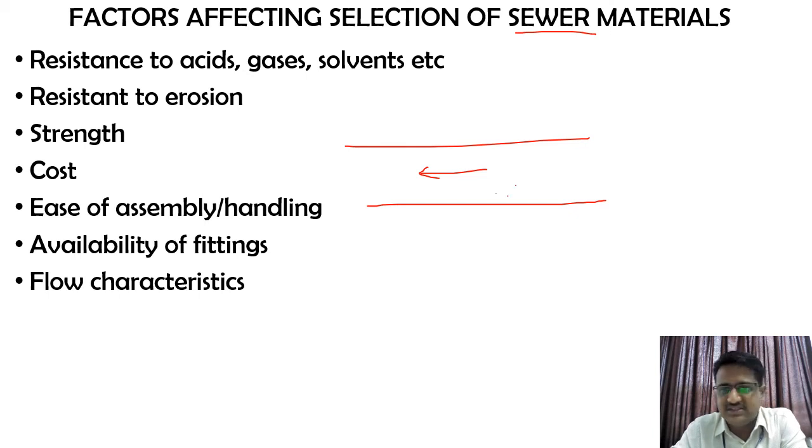The sediments and suspended particles in the sewer will, whenever the velocity is reduced because of reduced flow, start to scour the surface of that particular pipeline. Because of this, the material of that sewerage line can get eroded. So that's why the material should be capable of withstanding such abrasion or erosion because of the characteristics of that liquid.